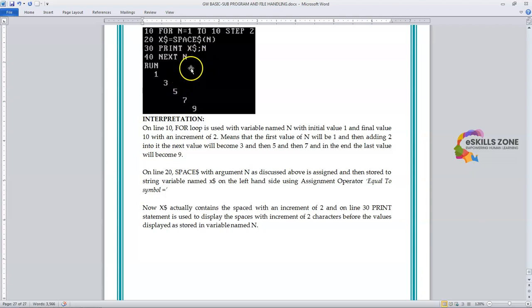Now n contains the value 1, 3, 5, 7 and 9, but this x dollar before n